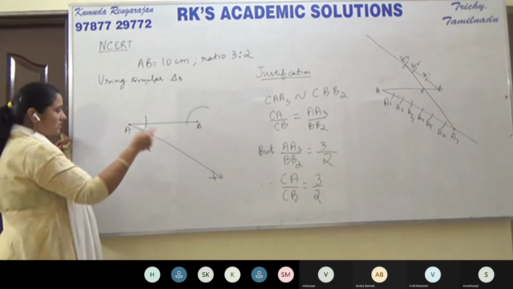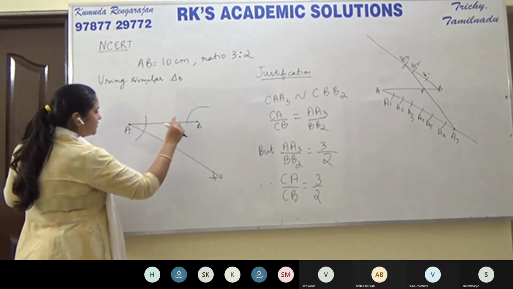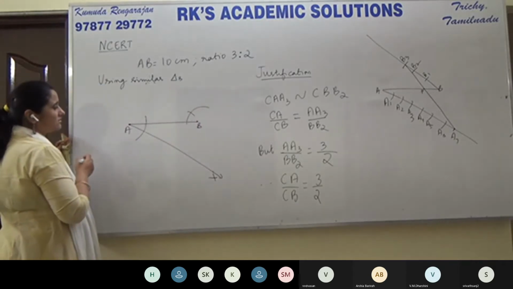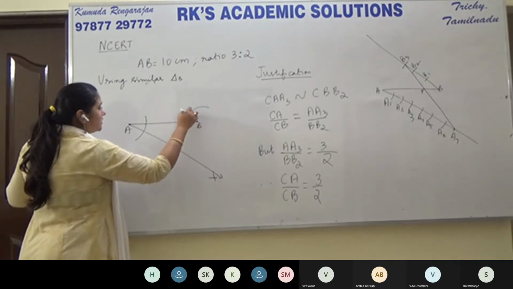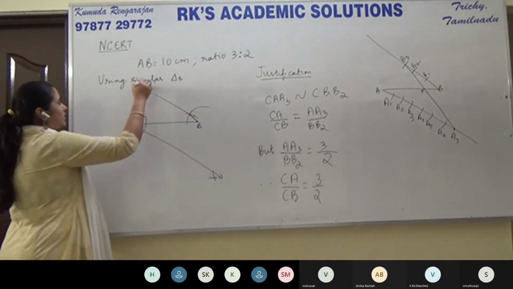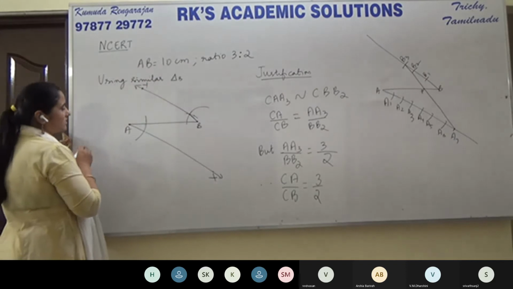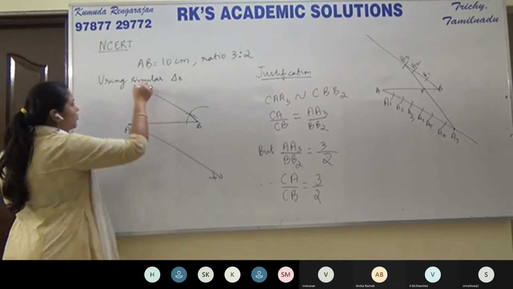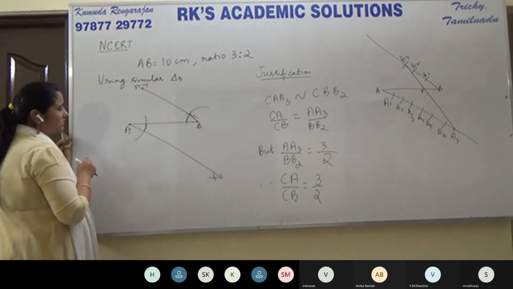Now you can change. Come back here and measure the mouth of the angle. Go here, put your compass here, and cut the earlier arc. Now when you draw a line through B and this point, this is that required ray BY, such that angle BAX is equal to angle ABY. Now this angle is equal to this angle. You can measure with your protractor and check.